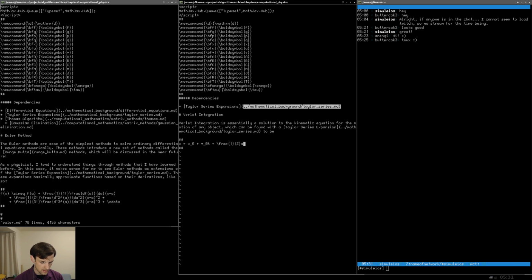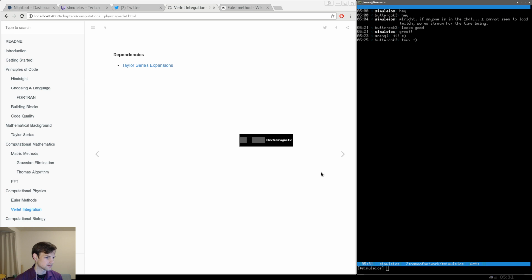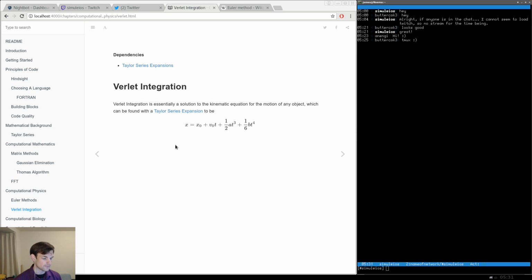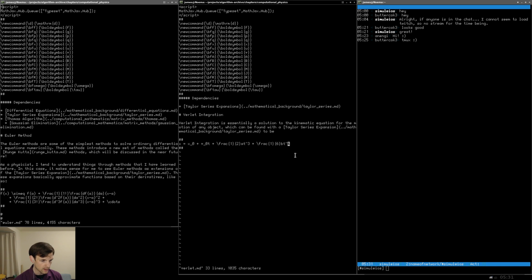Then we want to do a t raised to the third plus 1/6 b t to the fourth. And that should do it. So if we write this, take a look at what it says. Well, give it a second. Has to load. There we go. So we have what we have, where